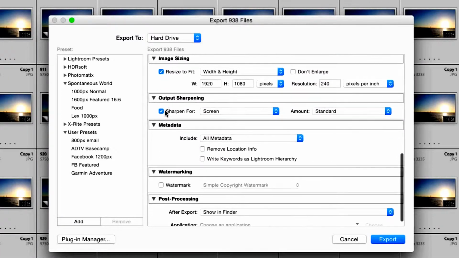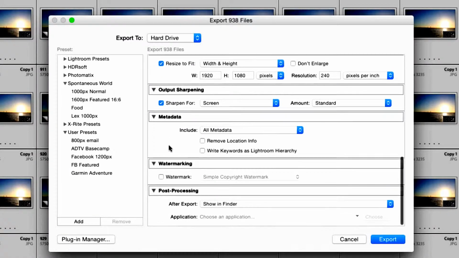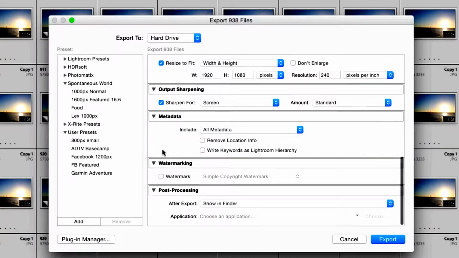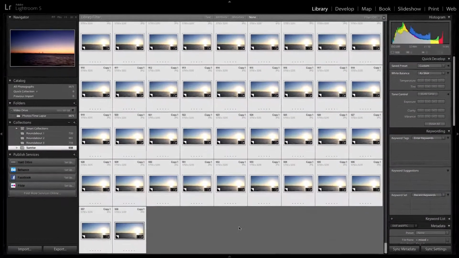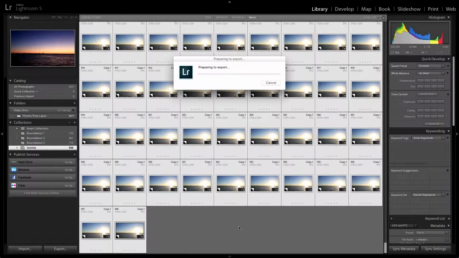And then I'm going to resize these images so they're 1920 by 1080, which is in high definition 1080p image size. And so I'll leave that at a resolution of 240. I'm going to sharpen these for screen because it makes them look a little bit better. And then I'll just show these in Finder when we're done. So I'm going to click Export, and then with the power of video editing, I'll show you the results here